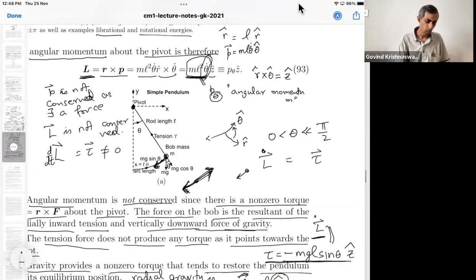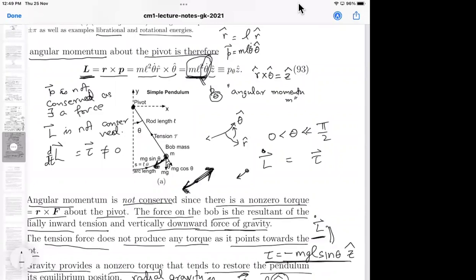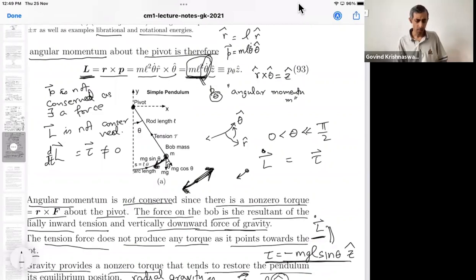On the other hand, when the particle is moving upwards, though theta dot is positive, the particle is actually slowing down, and therefore its angular momentum is decreasing. Can we try to think of it in terms of alpha, the angular acceleration? Sure, that may be a preferable approach, because the equation is really saying ml squared.